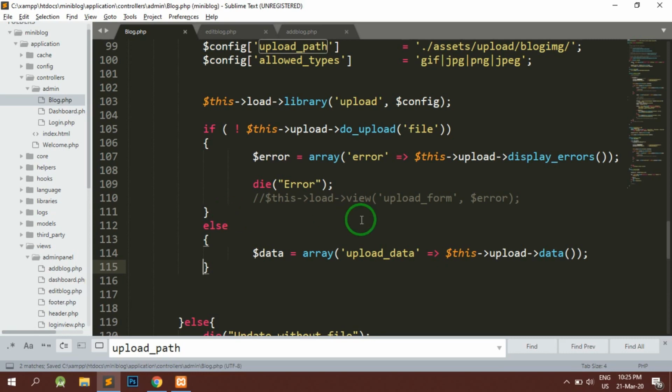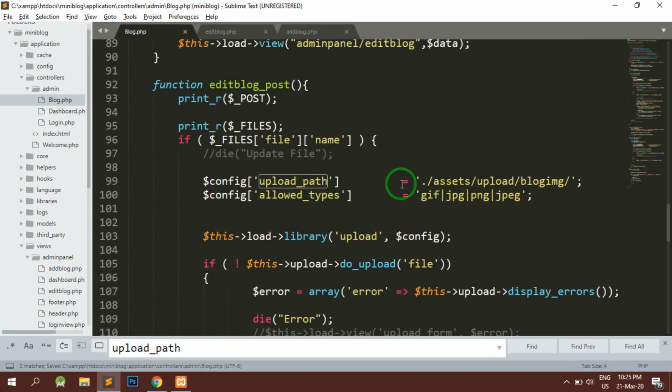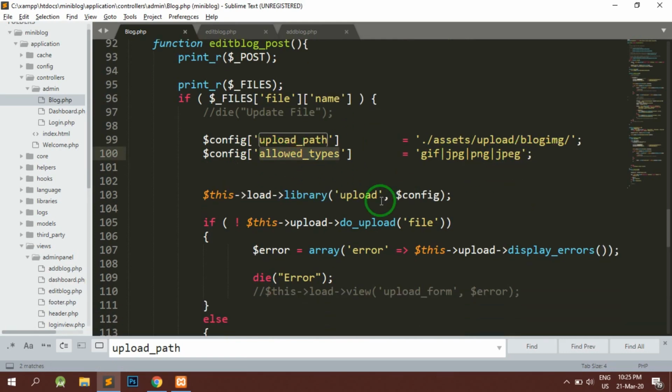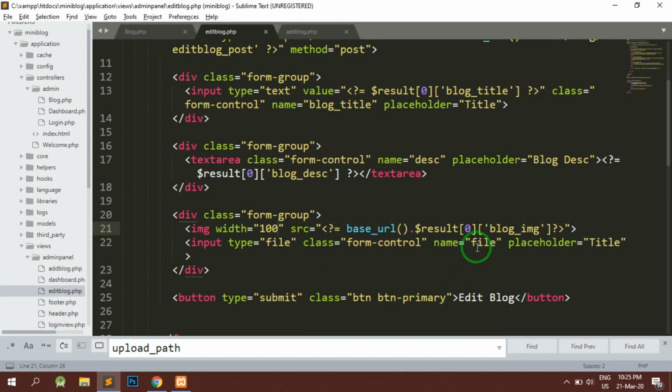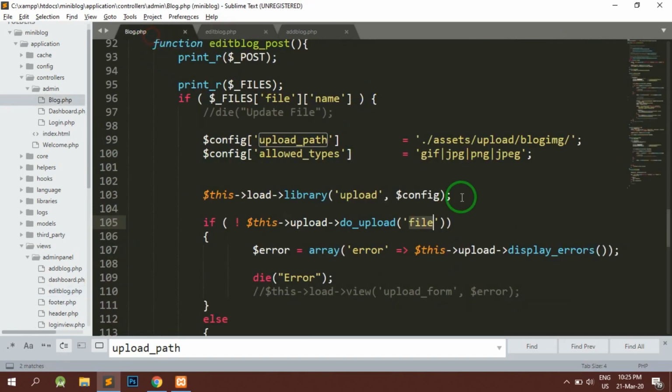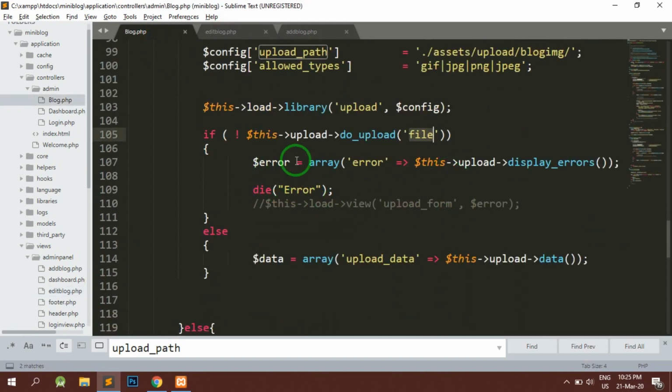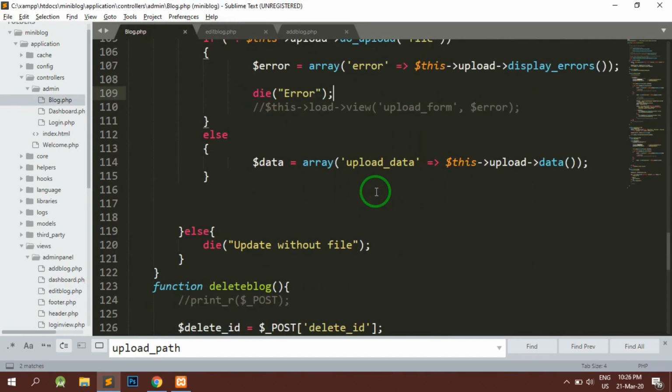So the update path is the same blog image, allowed file types are this, and the library is loaded. The file name is also the same because we have just copied the add block. Then we check whether this is updating or not. If not, we die the page and state the error, and if it is getting updated properly,